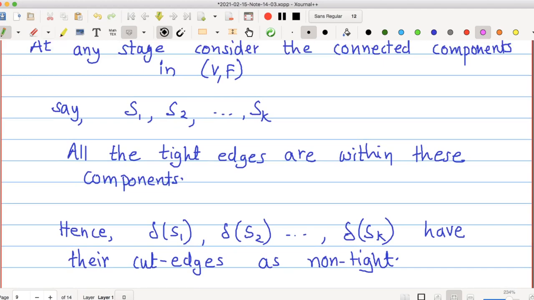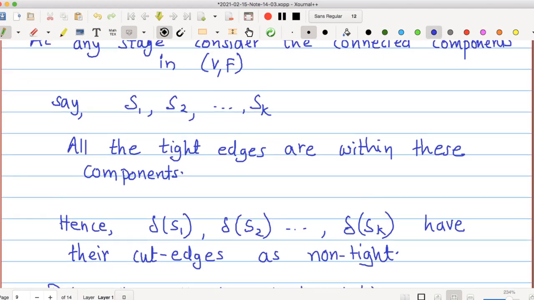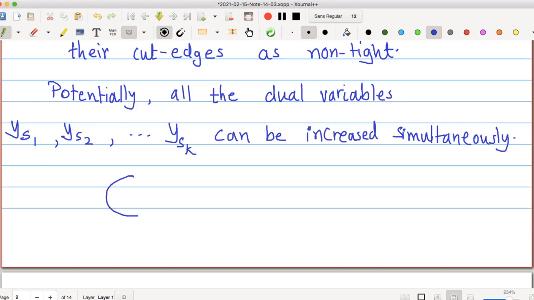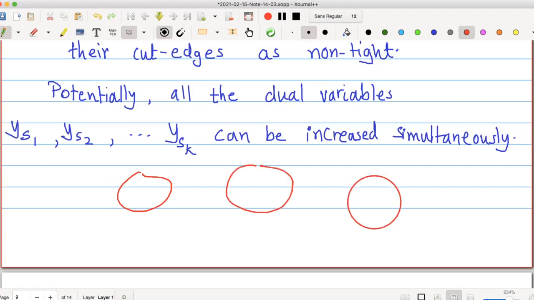If at any stage you are considering your connected components as S1, S2, Sk, then by definition all the tight edges are inside these.